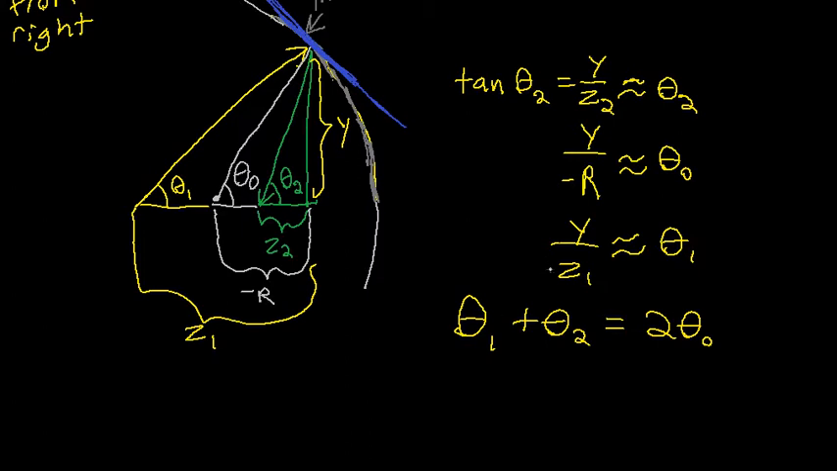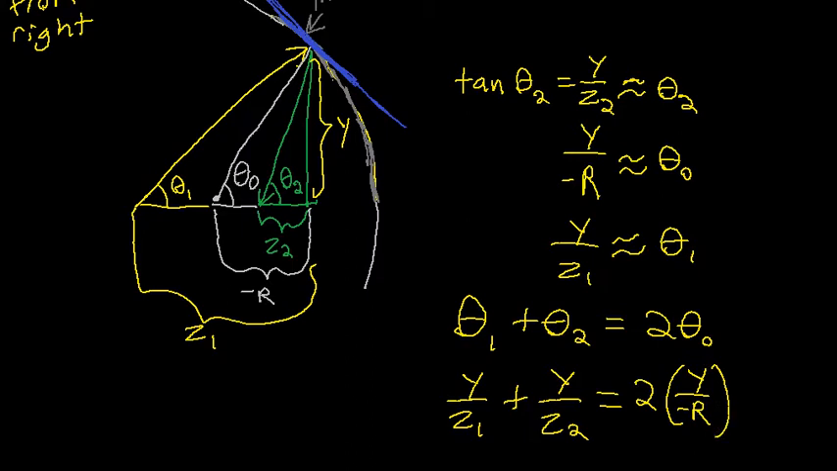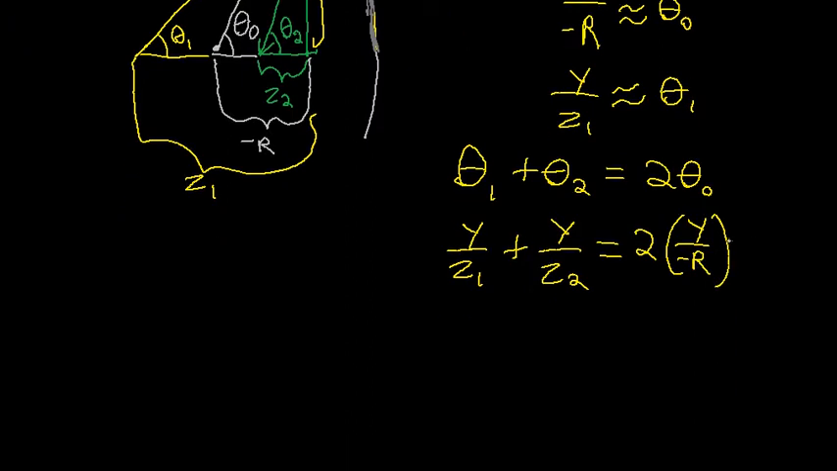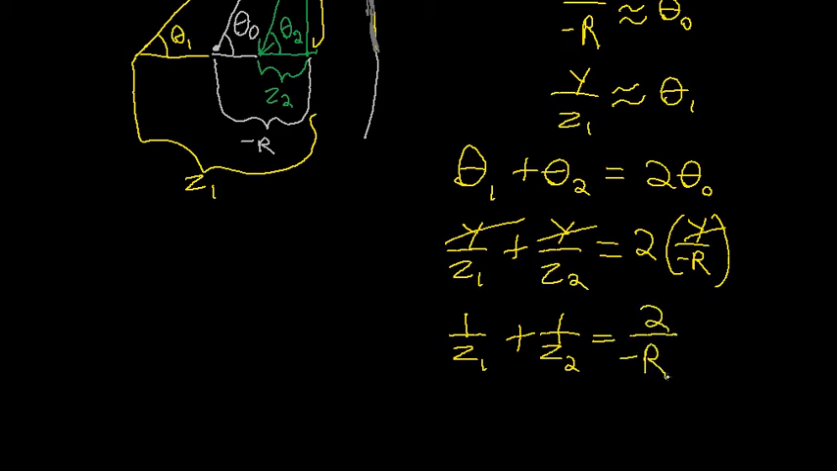From here, we can replace these equations into this one. So when we plug them in, we've got y over z1, y over z2, and 2y over negative r. If you divide by y, all of this becomes 1 over z1 plus 1 over z2 equals 2 over minus r. And from here, we're going to work on